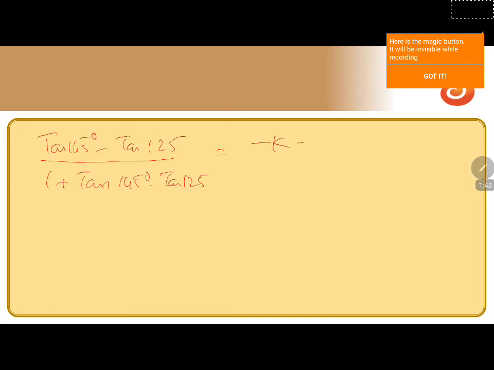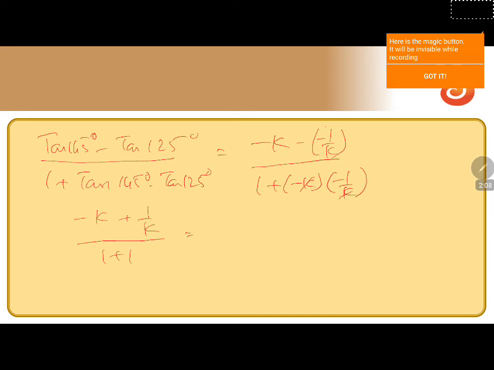Tan 125 degrees, I got minus 1 by k, divided by 1 plus minus k into minus 1 by k. So here I'll get minus k, minus into minus plus 1 by k, divided by, this gets cancelled, 1 plus